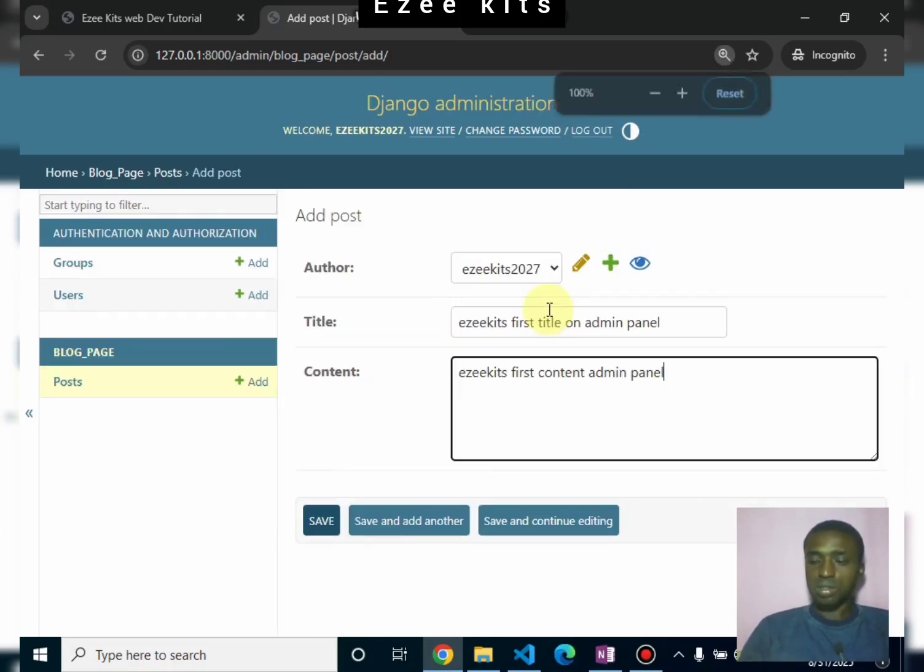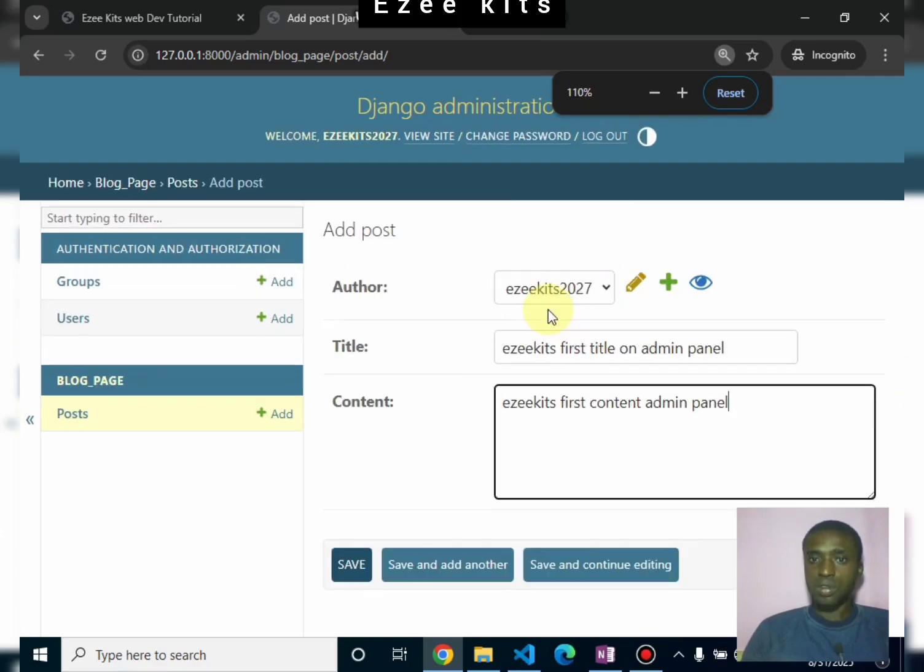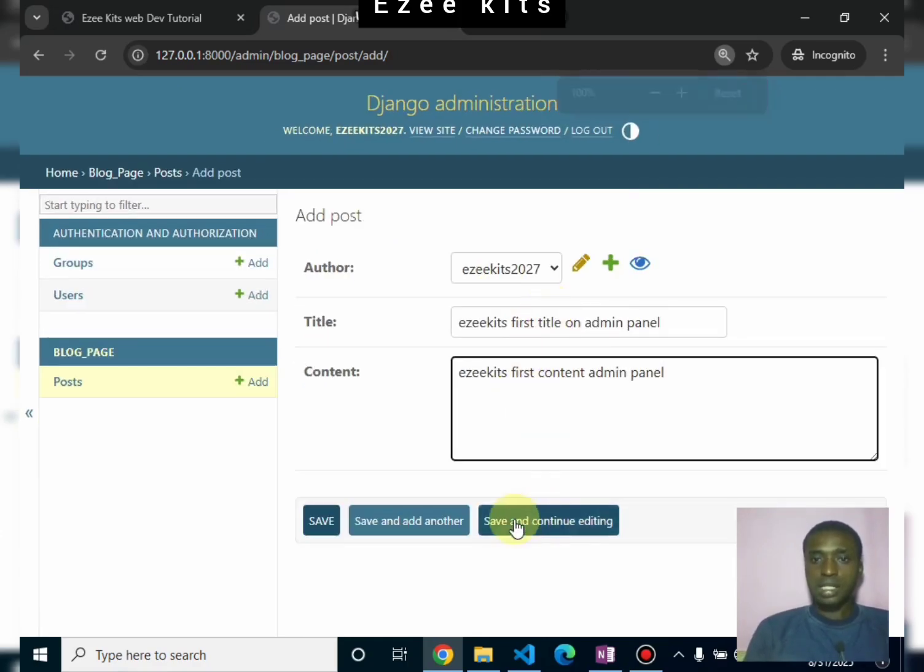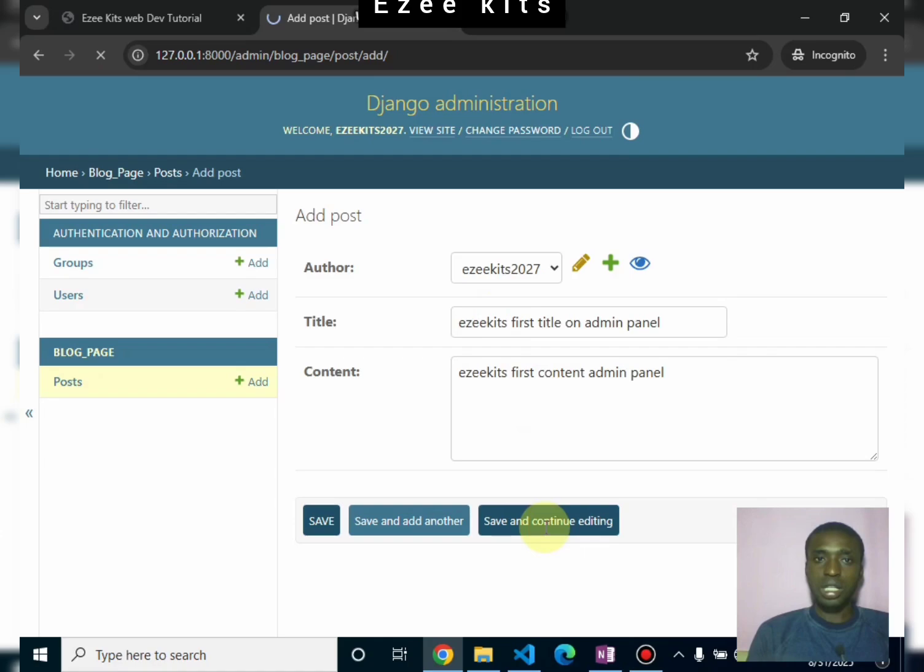So let me just zoom this a little bit back. Let me zoom it once. Okay, so I can save and continue. This is basically when a person will go to our website. This is more like information. So anytime somebody creates a post, we're going to set it to have the author that is currently logged in, and then the title is where you are done writing your title, not all the content is going to be